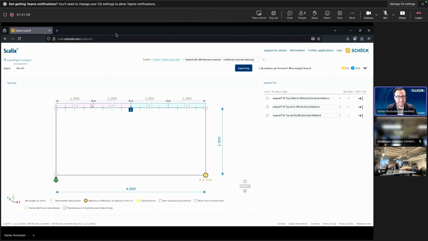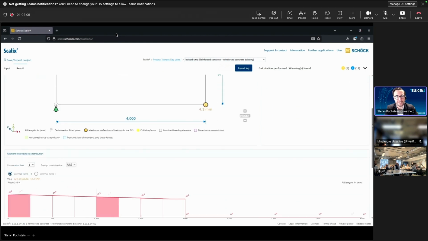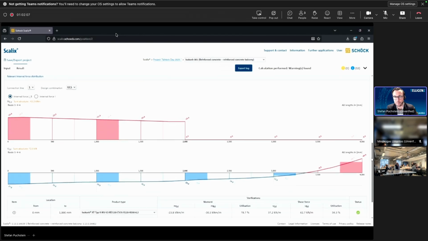So as you can see on the left side, opposite to the support, it's only necessary to use shear force transmission here. If we go down here, we can choose our connection line. In this case, we only have one connection line, one design combination. We can check the